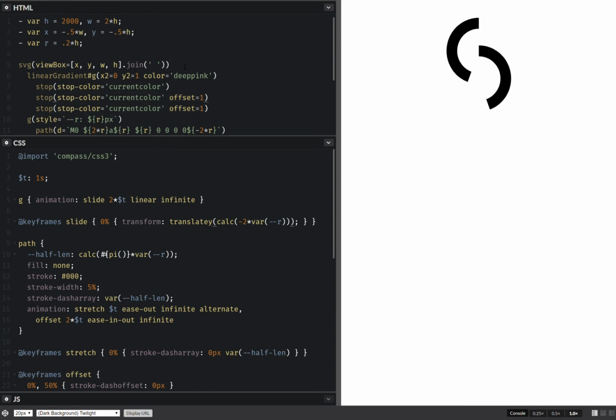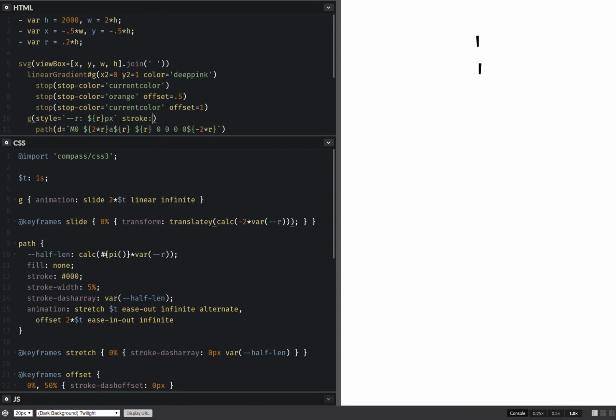Let's just copy paste this. And this is orange, let's say. Now, if I set the stroke here, sorry, like this. Okay, and just make that one ignored. Thing is, here I can't prevent the gradient from sliding with the whole thing, and I don't want that. So what I'll be doing